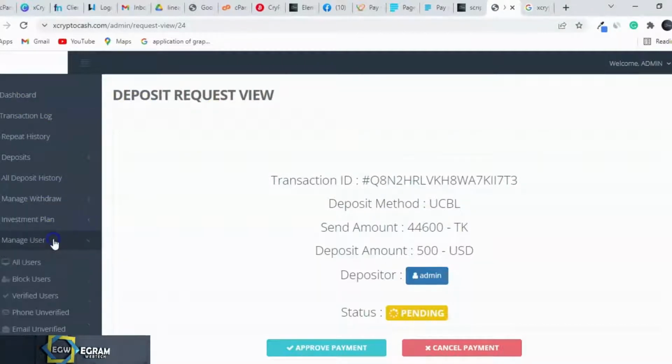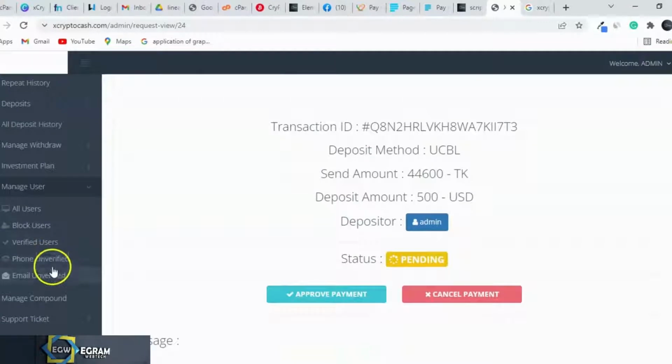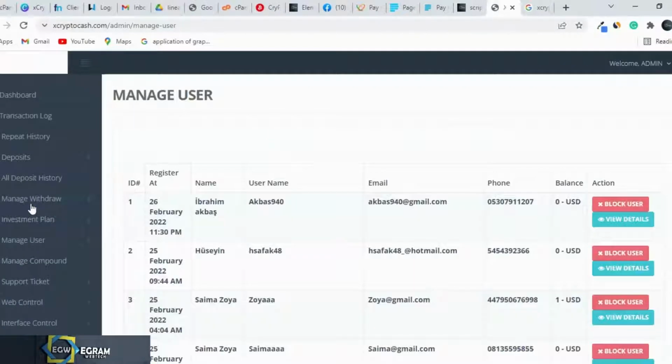Then you can manage users. They even give you the transaction ID. Let me view all users. I think this one registered on February 6th, 2026.